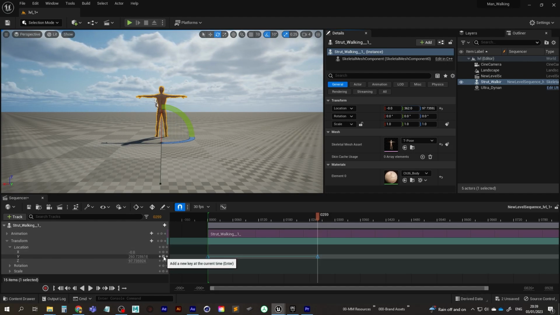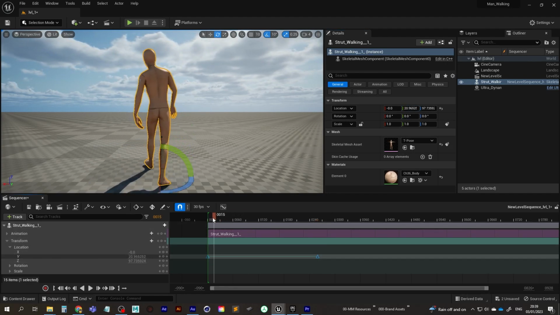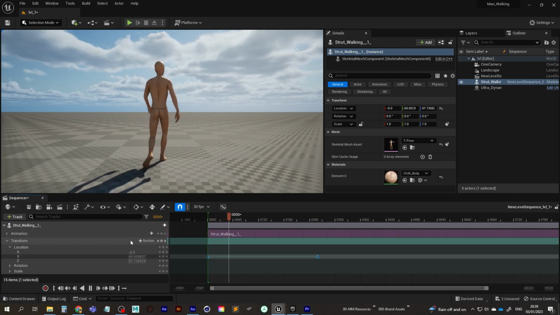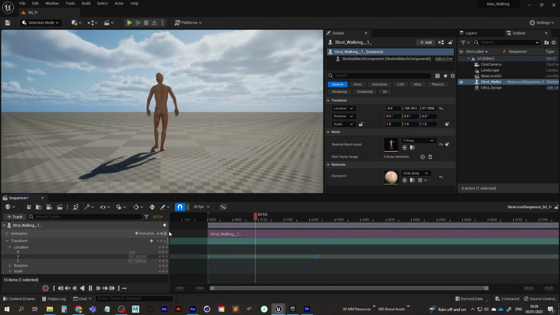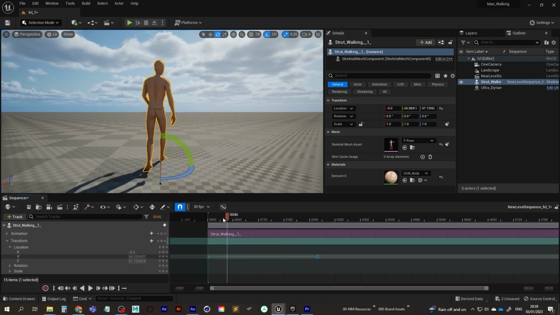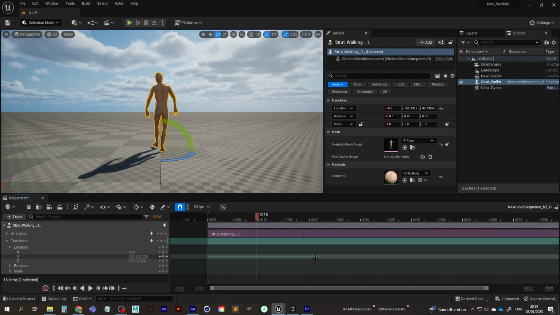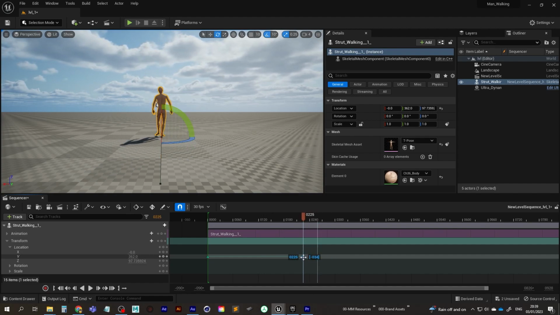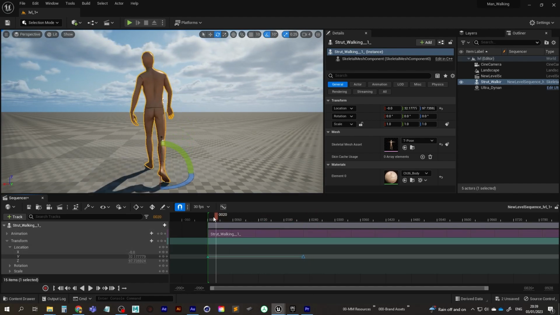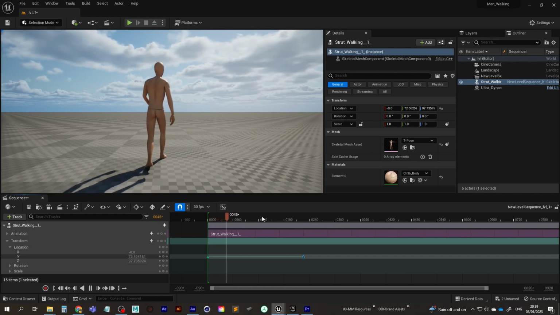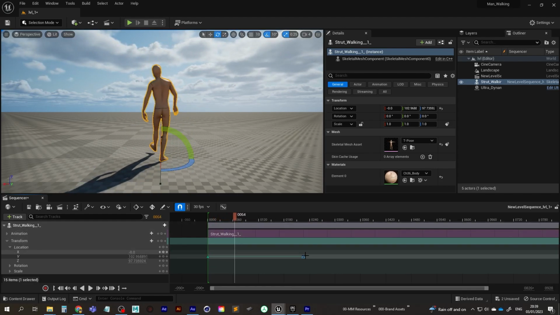Then just reset the keyframe. And let's have a look at that. So it's looking a bit better. Now this time instead, it's still not great. So what I'm going to do this time is make him get to his destination sooner. So I'm going to lasso select this keyframe, click and drag it to about there. Have a look at that. He's still not going fast enough.